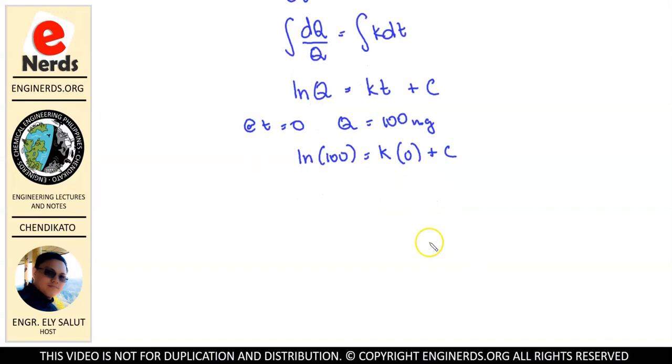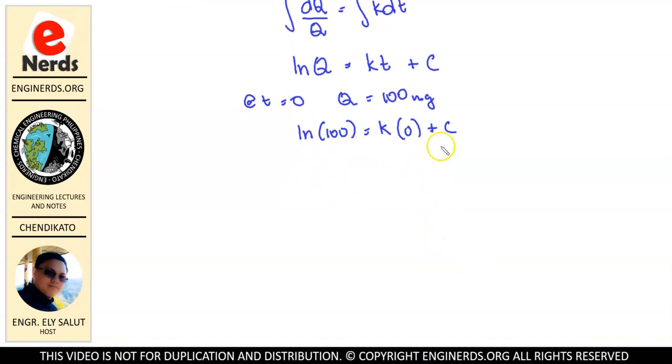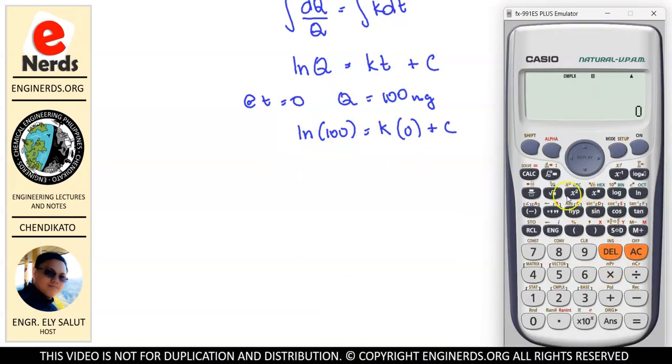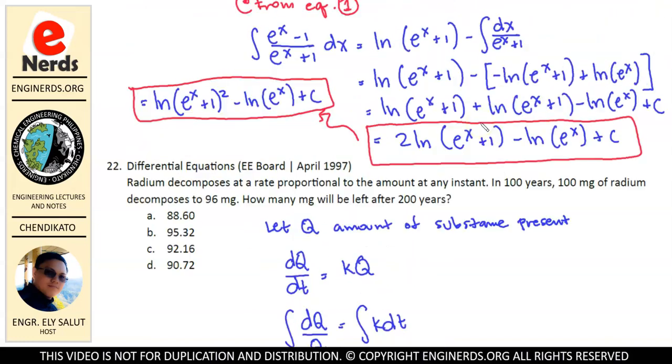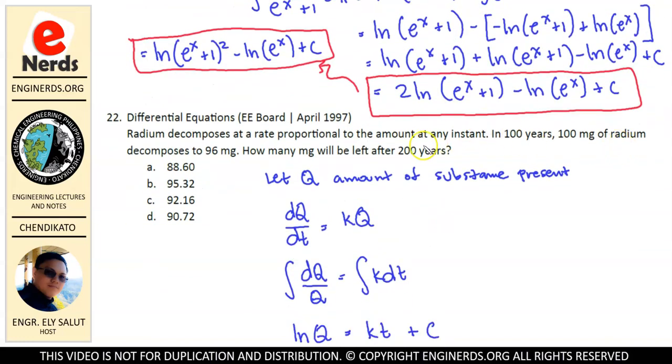Alright, so in here we can solve for the value of C. C is equal to ln of 100. So let us solve for that. ln of 100 is equal to 4.60517. Okay, so our C is equal to 4.60517. Alright, so we have one more given in our problem. It says,